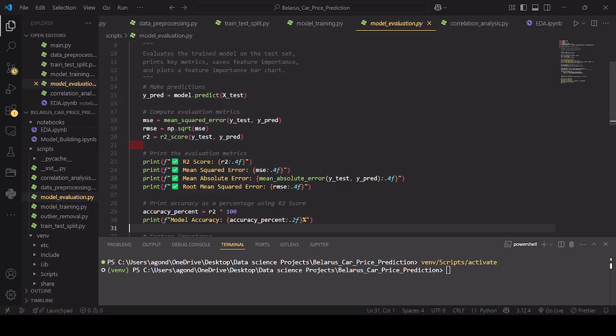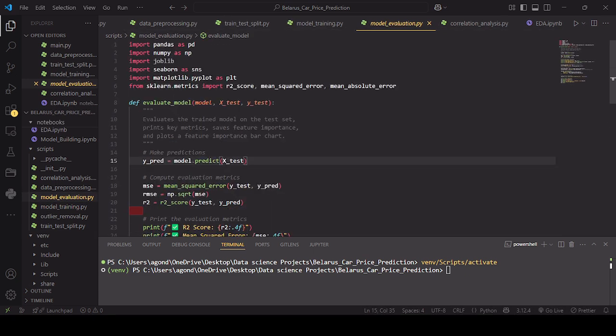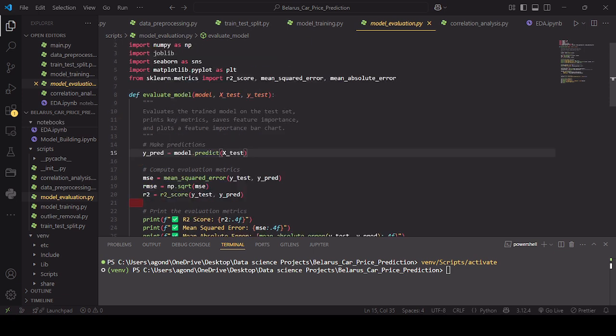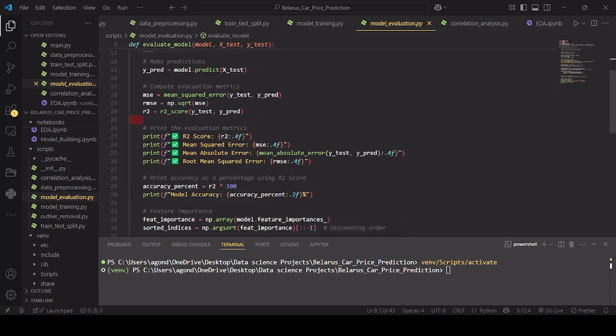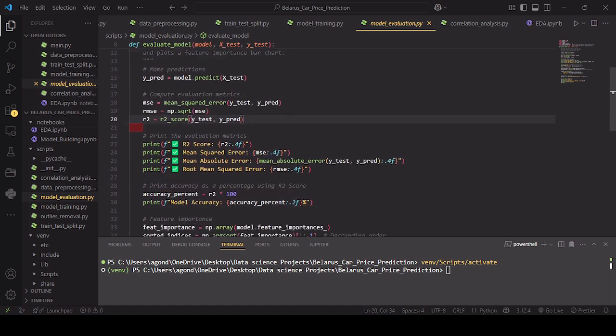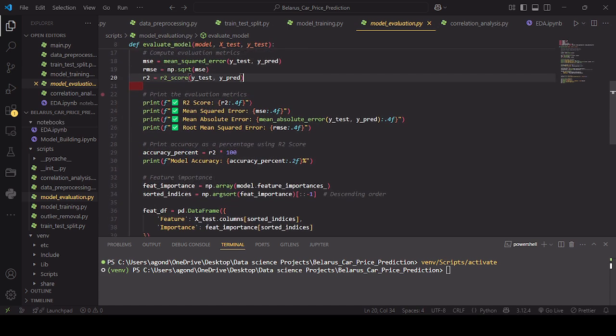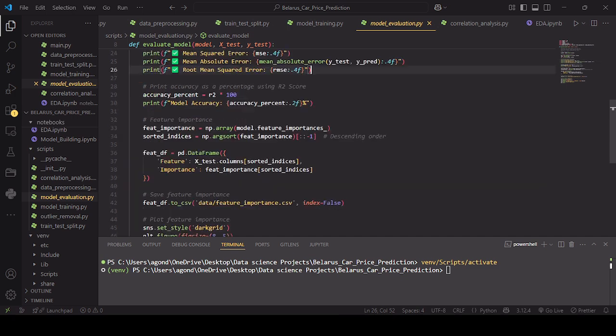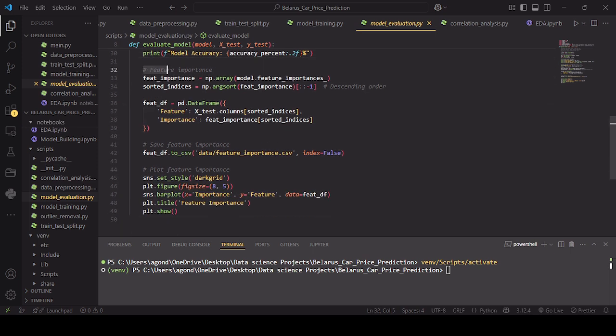And then we have taken the evaluations part of it, as we have taken R2, mean squared error and mean absolute error from the metrics, then we have computed it, and then we have printed the evaluations. Then we have taken the feature importance,